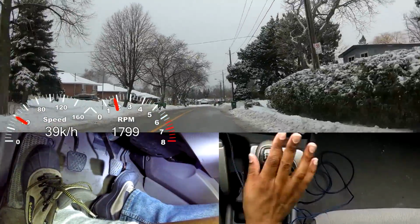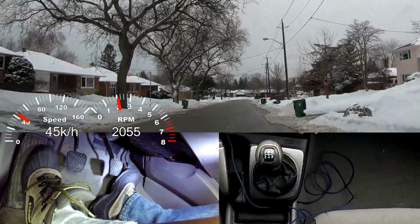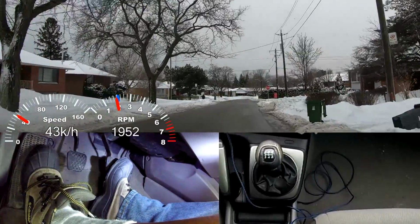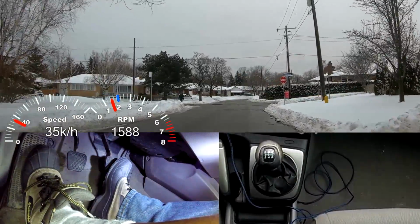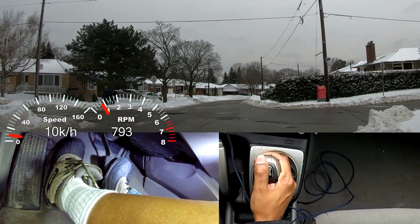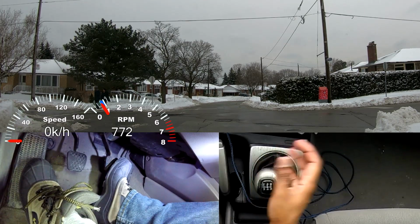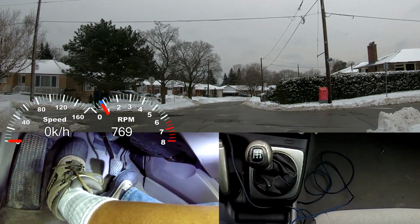Alright, there's a stop sign. I'm in third gear. I'm gonna brake. I'm gonna brake right up to the line. Right here, I'm gonna clutch in, put it in neutral maybe, relax if I want, car goes by, first gear,